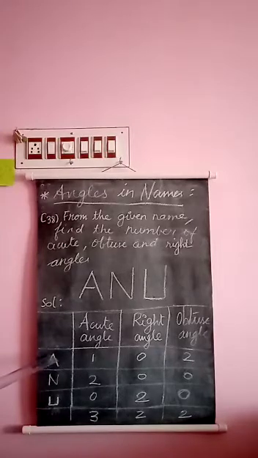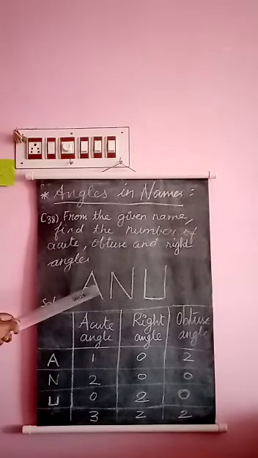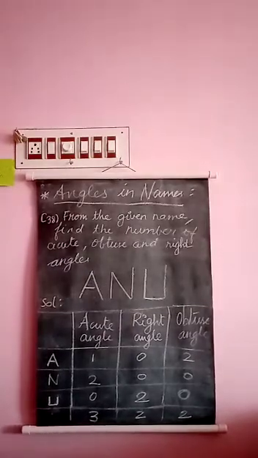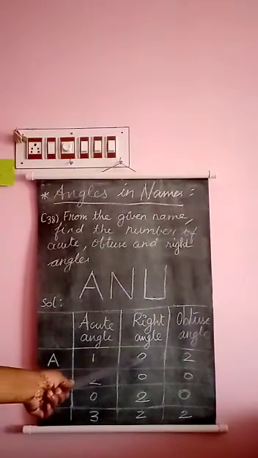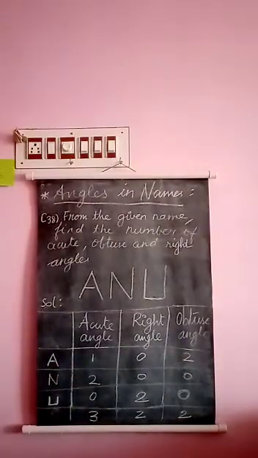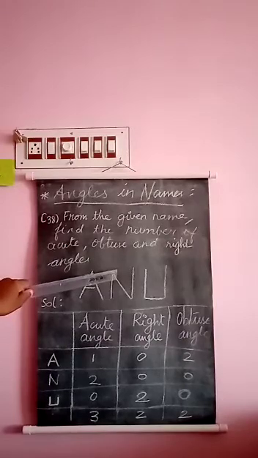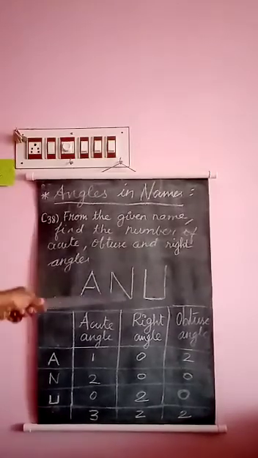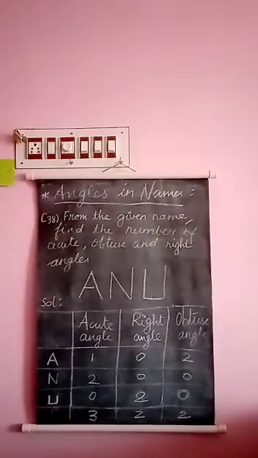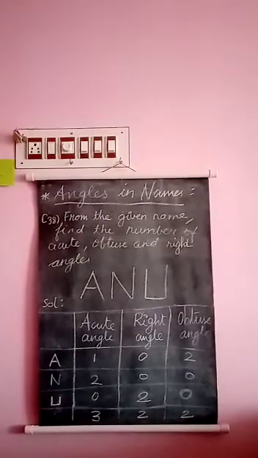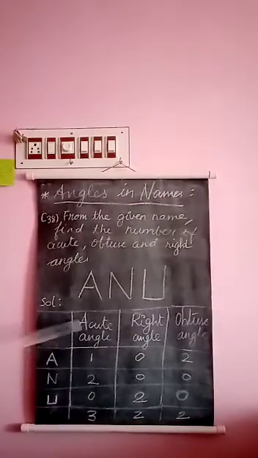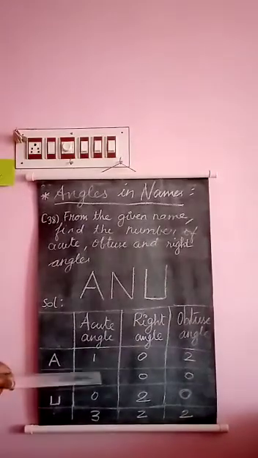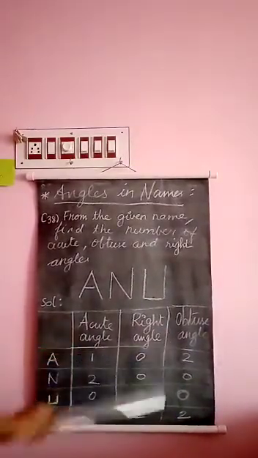See, look here, only this top angle is an acute angle in A, this angle. These two are obtuse angles. No right angle is here. So one acute angle, no right angle and one obtuse angle. And in N you have one acute angle, one more acute angle. No right angle or obtuse angle. You have reflex angles, see, 1, 2. But in the question, reflex angle is not asked. They have asked only acute, obtuse and right angles.